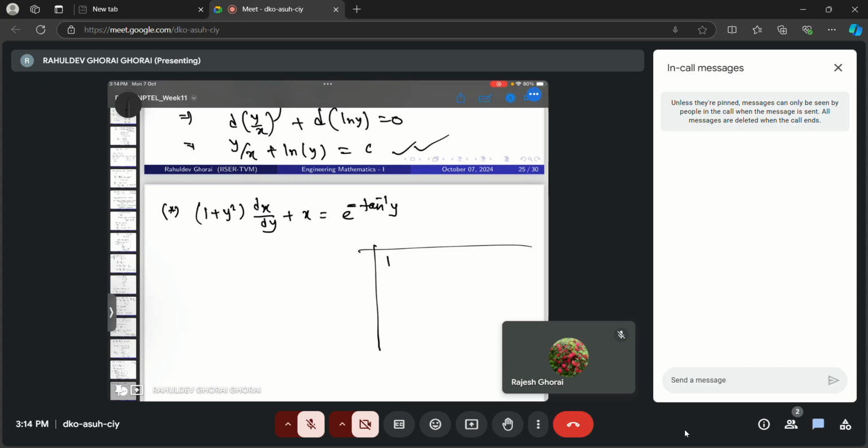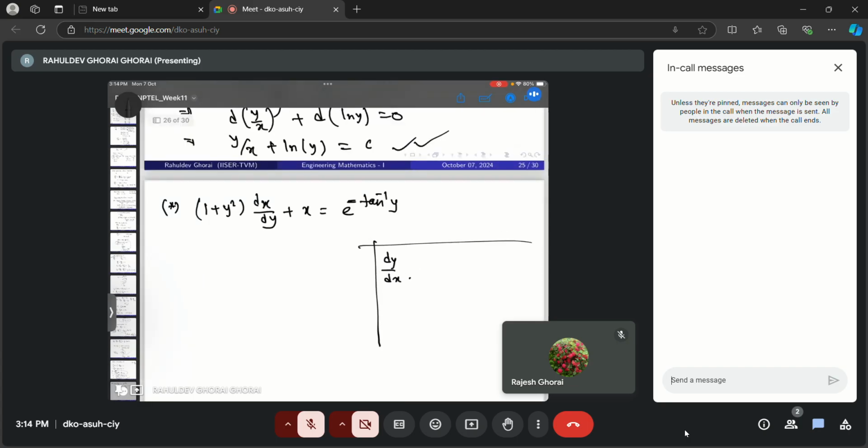If you have dy/dx + Py = Q, where P and Q are two functions, P depends on x, and Q depends on x or y. That's not a problem, but P has to depend only on x. In that case the integrating factor will be, which I already told about,